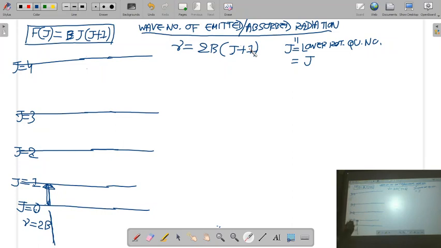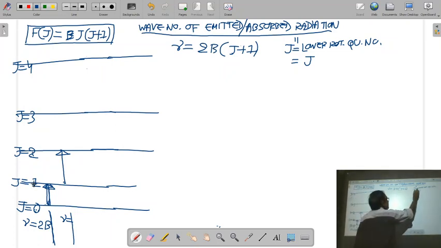Okay, and you can also say according to the selection rule, the difference of quantum number 1 minus 0 is 1, so that transition is allowed. The second allowed transition is from 1 to 2. When the molecule makes a transition from rotational level 1 to 2, I get the second rotational line. What do we take, 1 or 2? We have to take J is equal to 1 because J double dash is the lower rotational quantum number. So if you put J is 1, 2B(1 plus 1), that comes to 4B. So the wave number of the first rotational line is 2B, and the wave number of the second rotational line will be 4B.